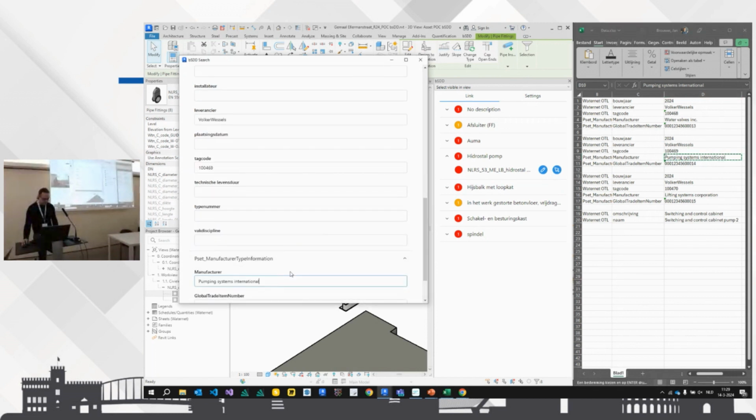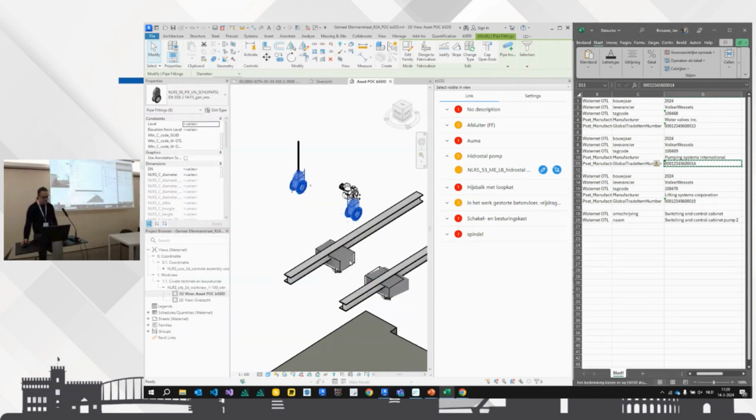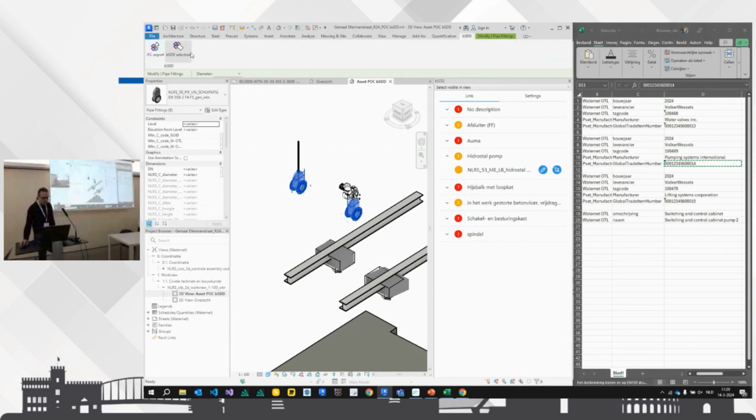And Jan is almost ready. Let's talk long enough. Okay, now I have this object also completed. So there's a WaterNet OTL and an IFC classification set. And what we did add is we added our own IFC export button. It takes a Revit export profile that we predefined, but people can extend and change themselves. But a few specific things we need for the BSDD are set on top of that. So when we export this,